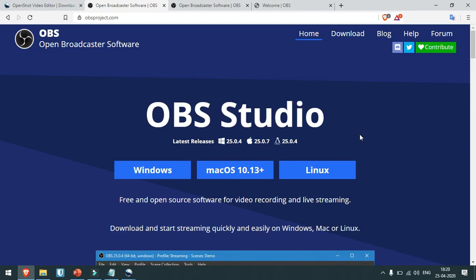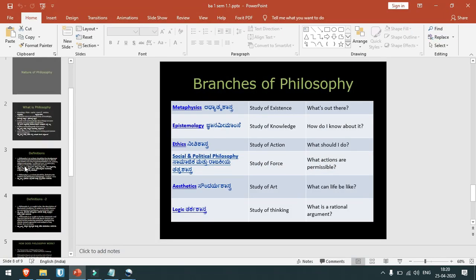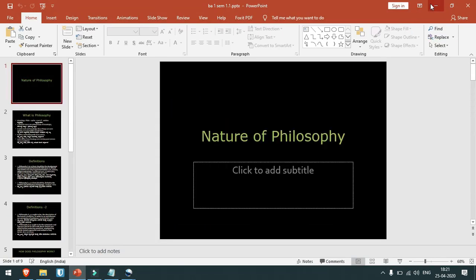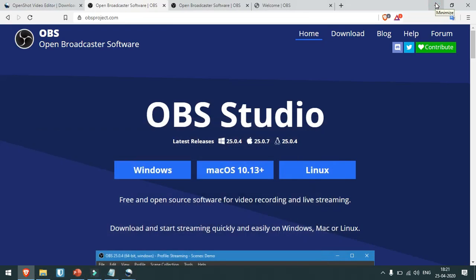So today we're going to look at OBS Studio, and OBS Studio allows us to record our screens so that if we want to take a lecture for the students but we can't take a live streaming one, then we can record our lectures completely in software, and then we can send them a video of our PPT. So basically I have a PPT over here with me and I want to record a lecture for the students so that it looks like they only see the PPT screen and nothing else, and only hear my voice of me conducting the class. So how do we do this?